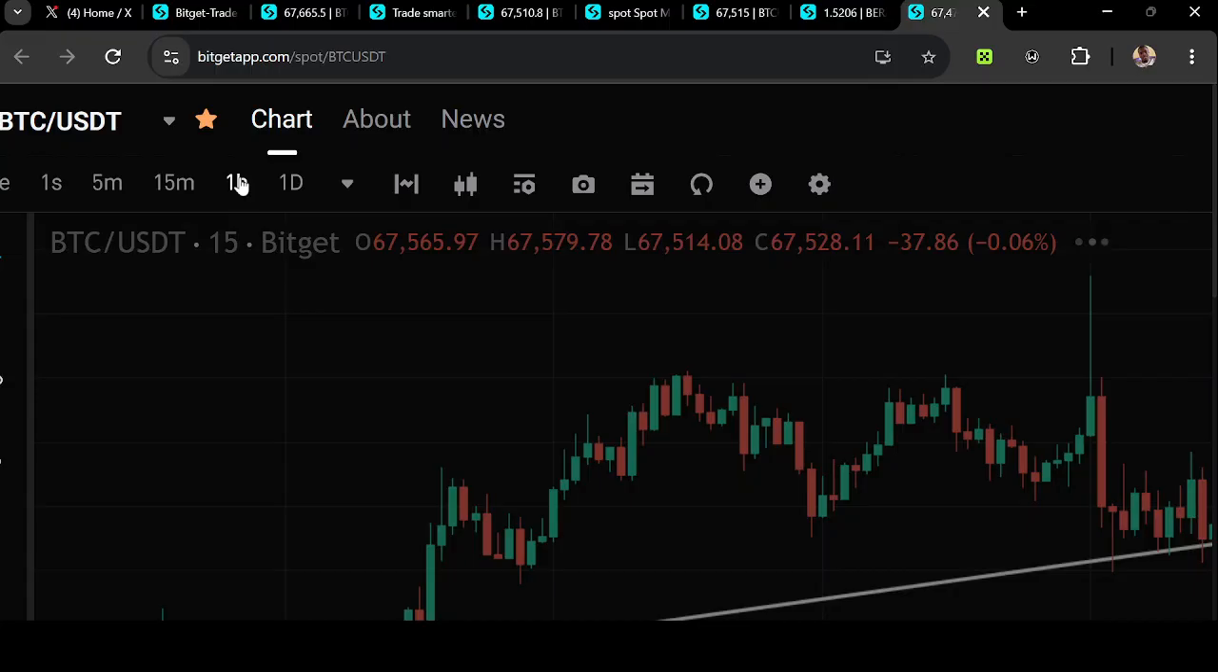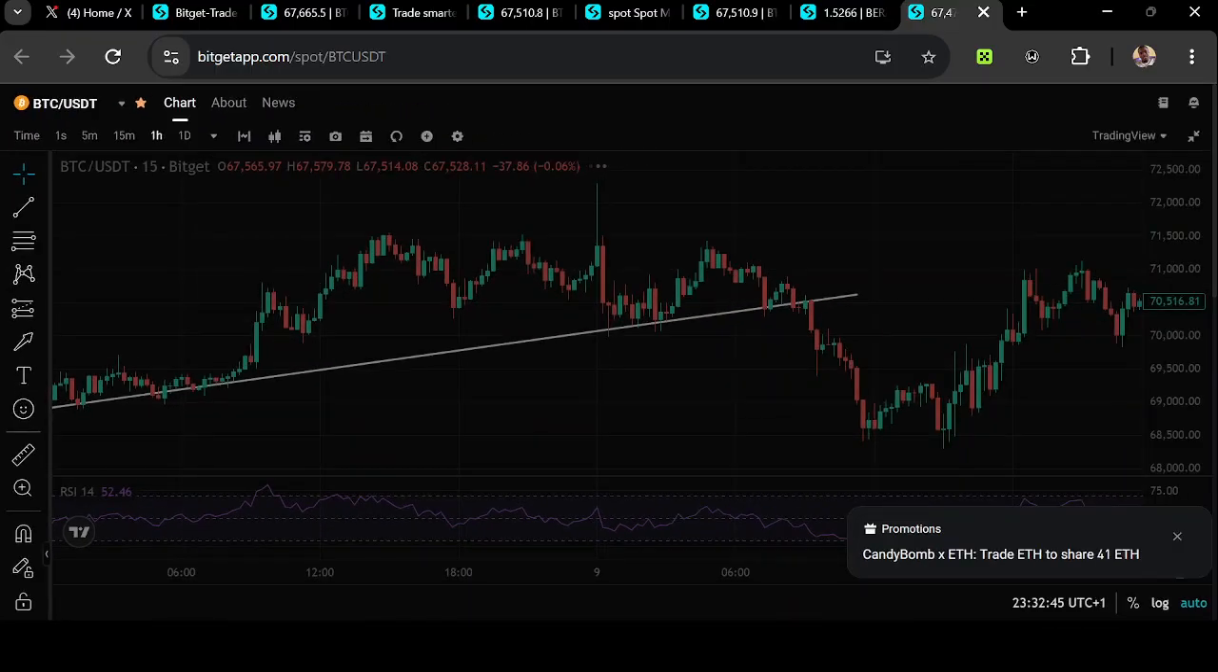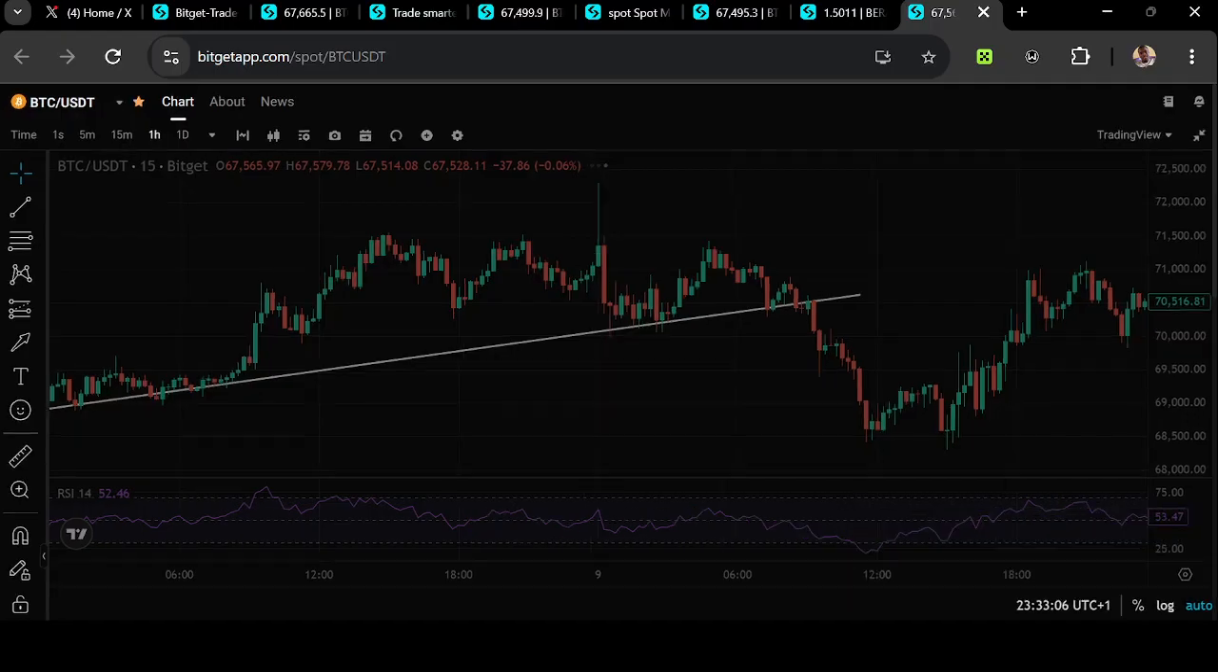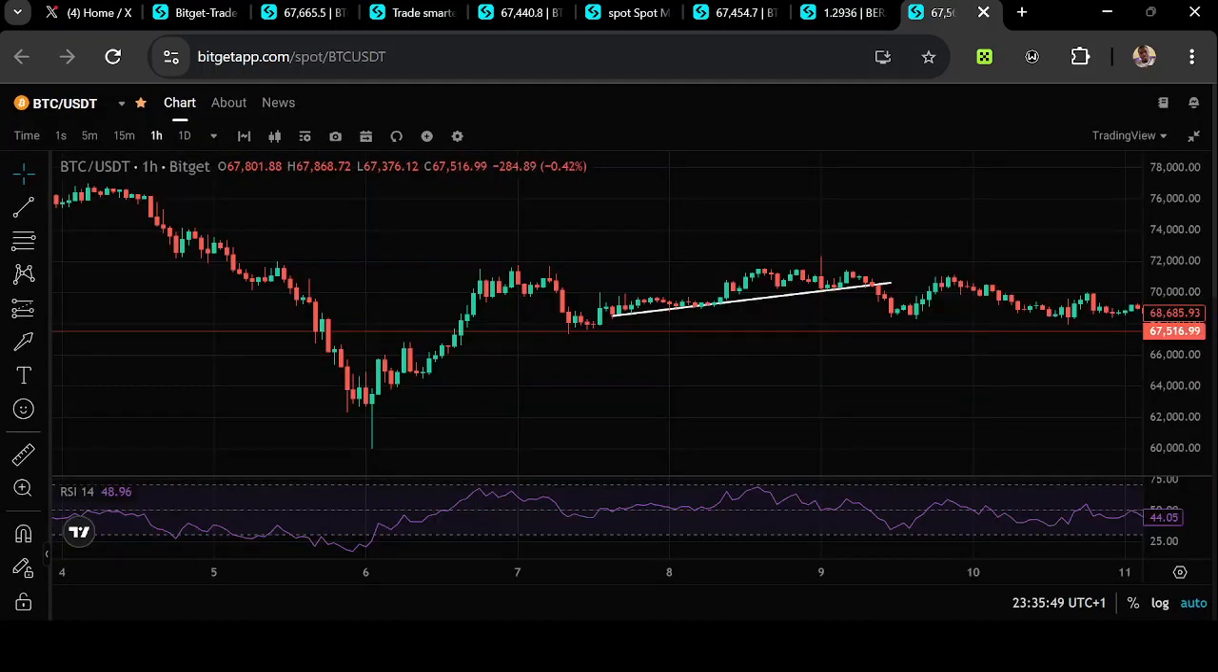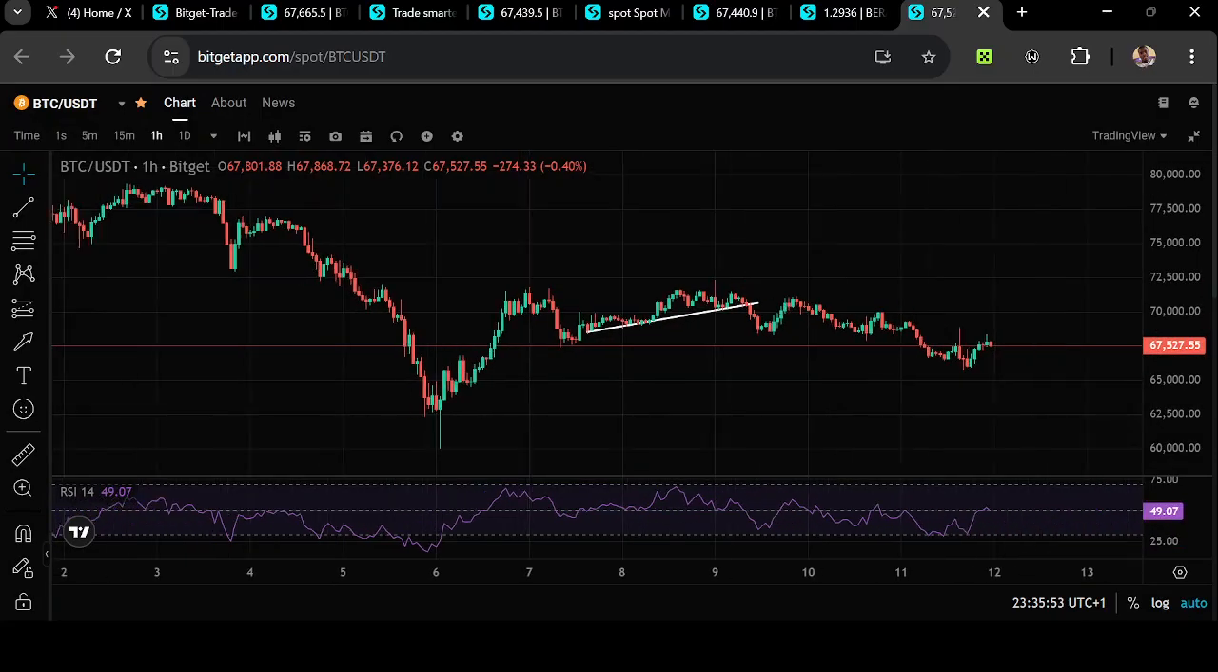Okay, now let's check. This is 1 hour time frame. So, all right, now let's see what we have here. The network is actually taking some time to load. I don't know why, but let's hope it does that very quickly. Let's hope. Okay, so now when you look at the 1 hour chart, let's zoom out and see what we